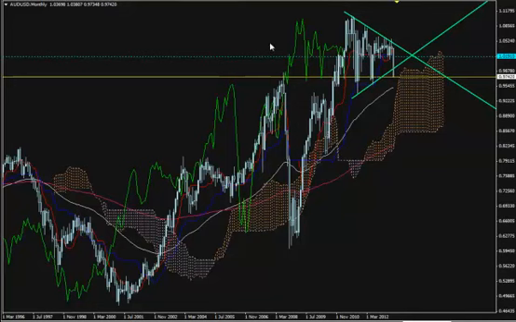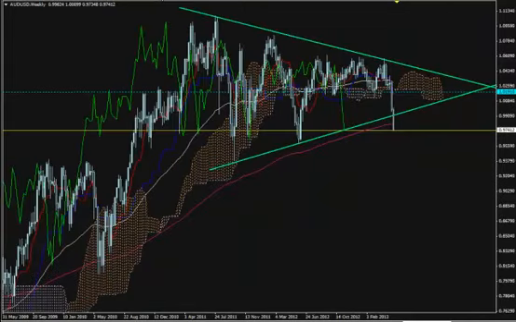We will see. So for now we see a 100% bearish market sentiment on the weekly chart,